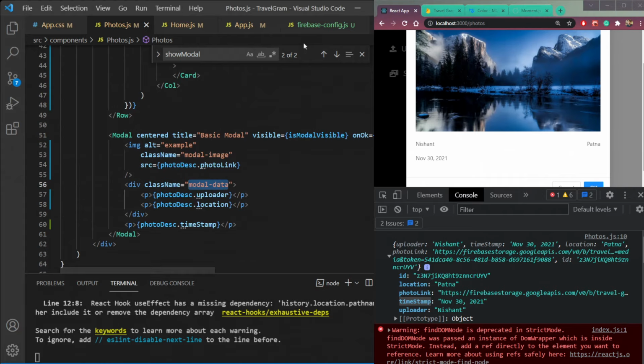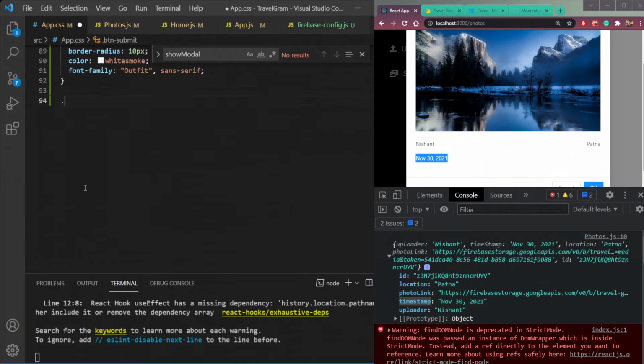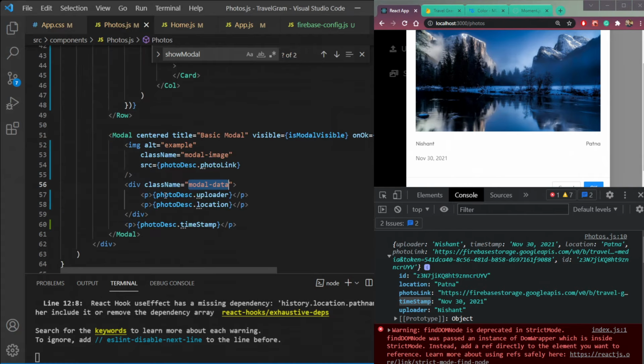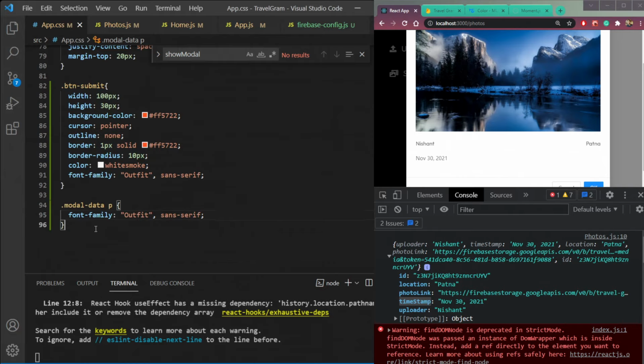Now the thing is here, we need to make this text more attractive. So we can just target this model data and the p text inside, and let's use this font family called outfit here. So put it. See, this all the three data has been changed, but this is not inside. This timestamp is not inside this model data. It is inside this, which is nothing. So let's just do another p and remove this one and save it. So all the three has been changed.